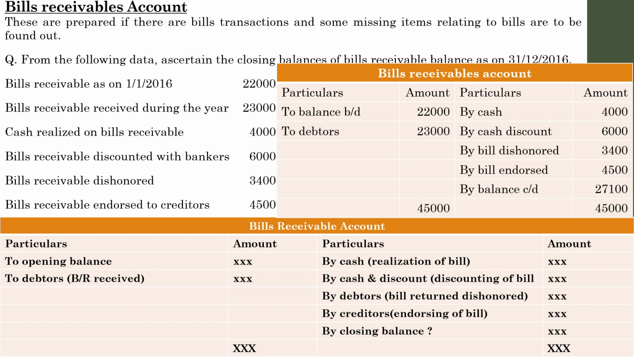So right now we have completed how to find the missing figures in case of a debtors account, how to find the missing figures in case of a creditors account, and how to find the missing figures in case of bills receivable account. I hope you have understood the concept. If you have any queries, please let me know. Next one,